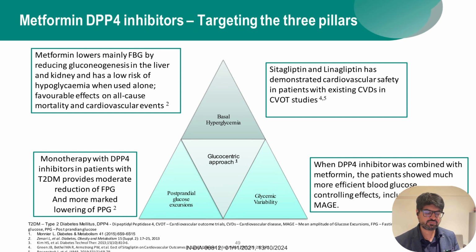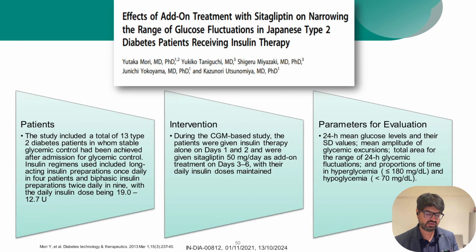Remember the chart I showed earlier: when you have a lower HbA1c, you have more contribution of post-meal sugar. So in such cases, the perfect drug would be a DPP4 inhibitor with metformin combination, because it will reduce all the parameters of glycemic complications